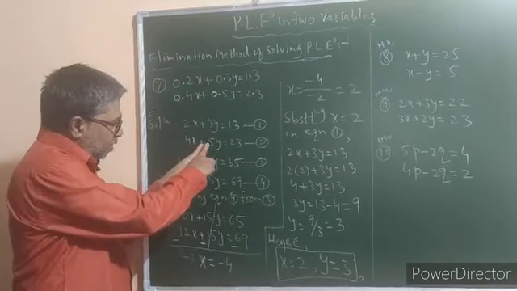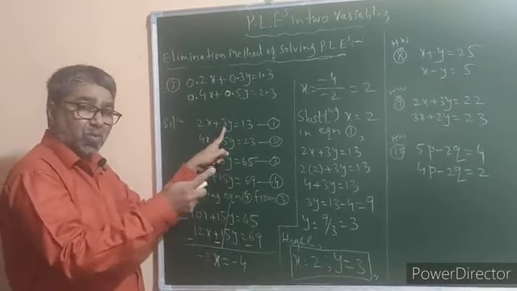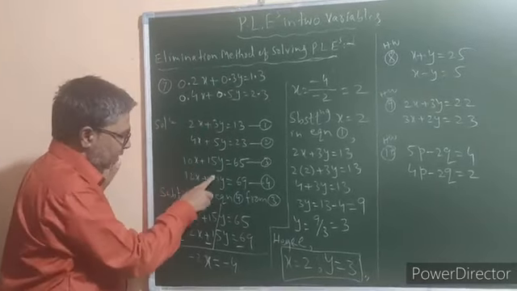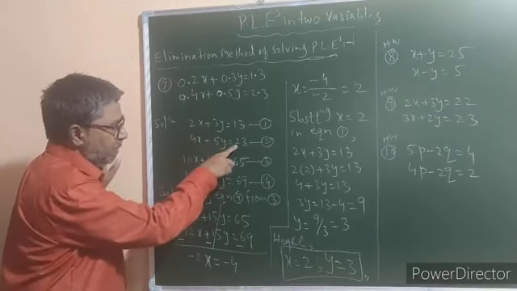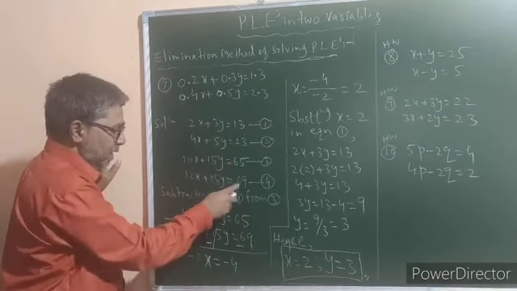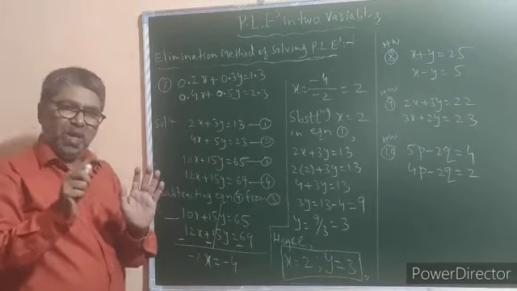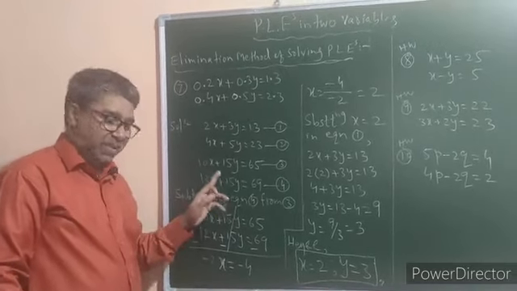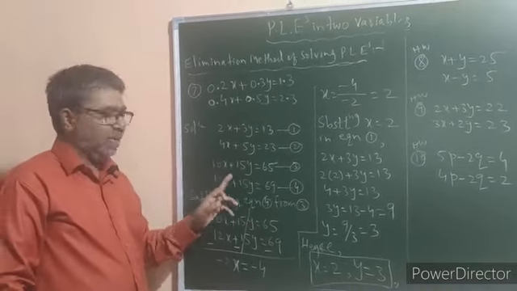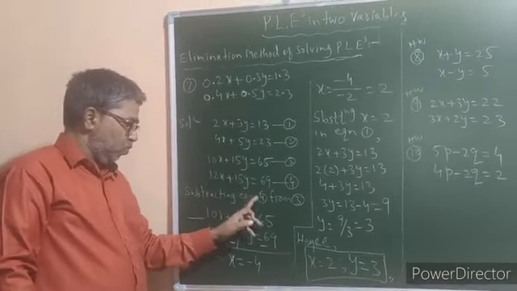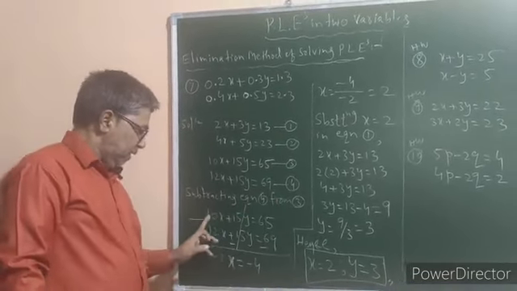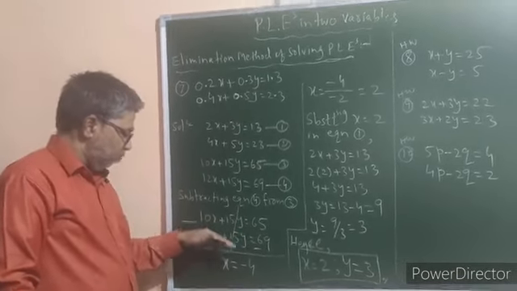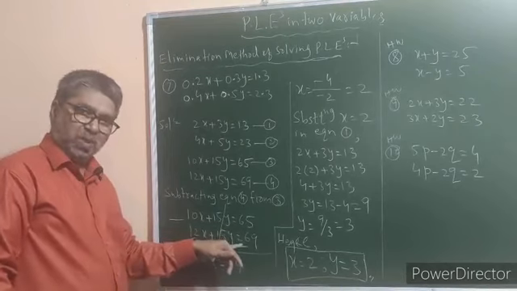Now multiply equation 2 by 3, that is the coefficient of y of equation 1. So 4 3s are 12x plus 3 5s are 15y is equal to 23 3s are 69. Call this equation number 4. Now 15y has got the same plus sign, so we have to subtract one equation from the other. Subtracting equation 4 from equation 3, we get 10x plus 15y is equal to 65, right below equation number 4, that is 12x plus 15y is equal to 69.